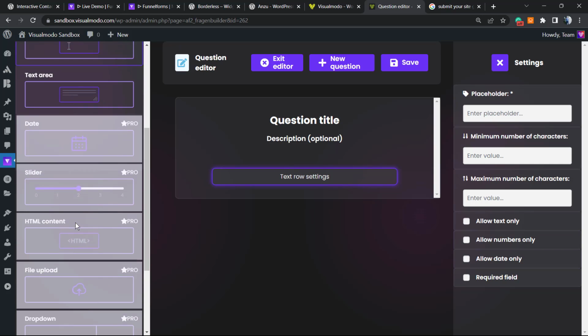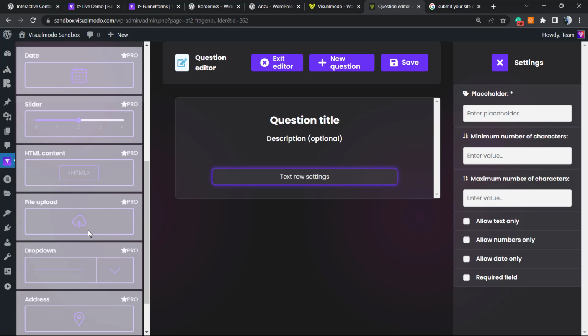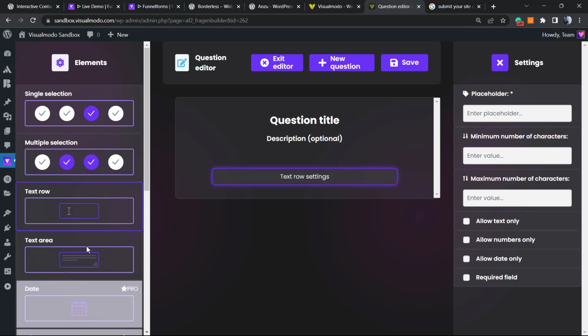And as you can check, if you want to unlock more fields, for example, date, slider, HTML, file upload, drop-downs or address, you must be a pro user. But we're gonna keep this for free for now, okay? I think the text area, no, the text only. And the placeholder can be